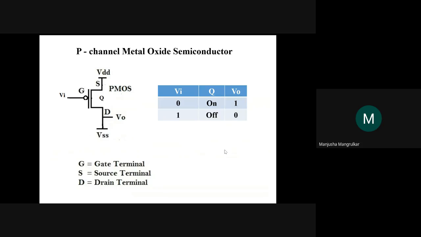Now how we will differentiate the P channel metal oxide semiconductor. This is the symbolic diagram for the PMOS. This is a P channel. Here there is a NOT gate. This has source, gate and drain. As the transistor has collector, base, emitter, similarly in FET they have the source, gate and drain. You must have learned in BJT and FET. So source, gate and drain, these three terminals are there.